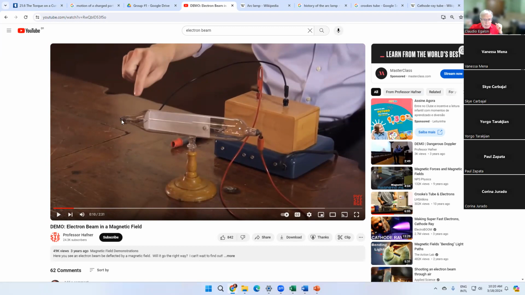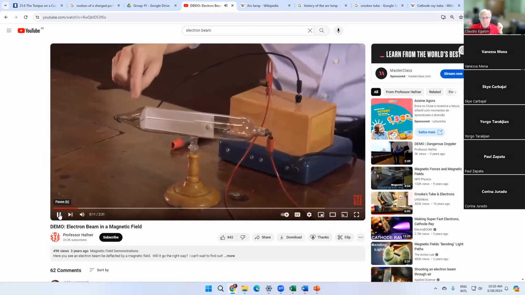And again, the electrons are emitted from this end. Notice that we have a little slit here. What you see right here is a metal. The metal is a slit. Why is this slit in there? This slit is in there to ensure that only the electrons that are moving in a straight line go through. If you have electrons being emitted at high angles, those electrons are stopped by this metallic screen, okay? And let's keep on playing.